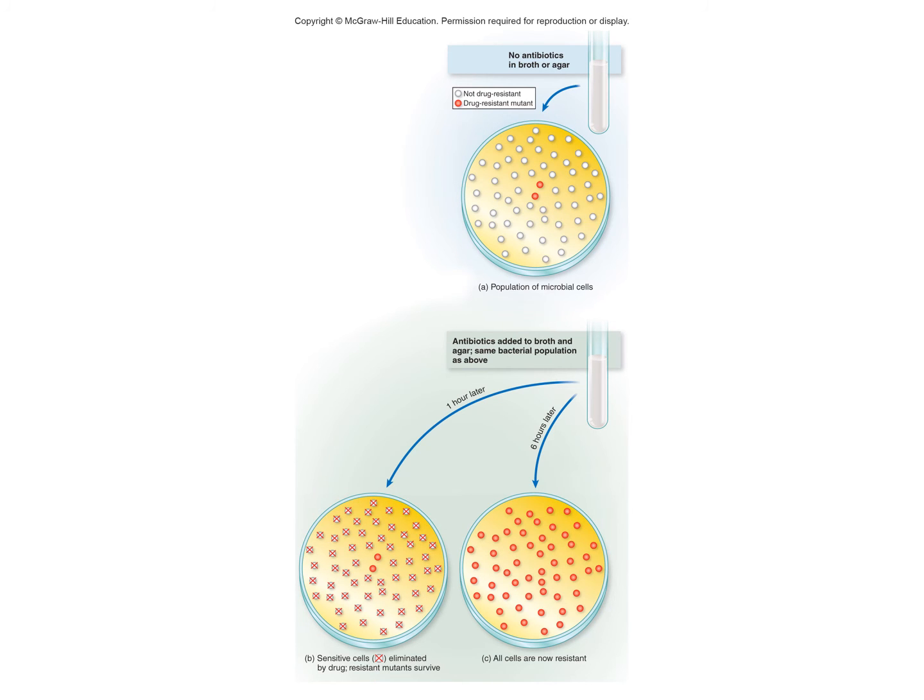If you see on this slide, the white colonies don't have resistance to the drug, but the red ones do. After an hour of time, the particular medication kills the non-drug resistant cells, but not the drug resistant cells. Then, if you wait even longer, the other cells are gone, and the resistant ones have produced copies of themselves. So now you have a whole group of cells resistant to that particular antibiotic.